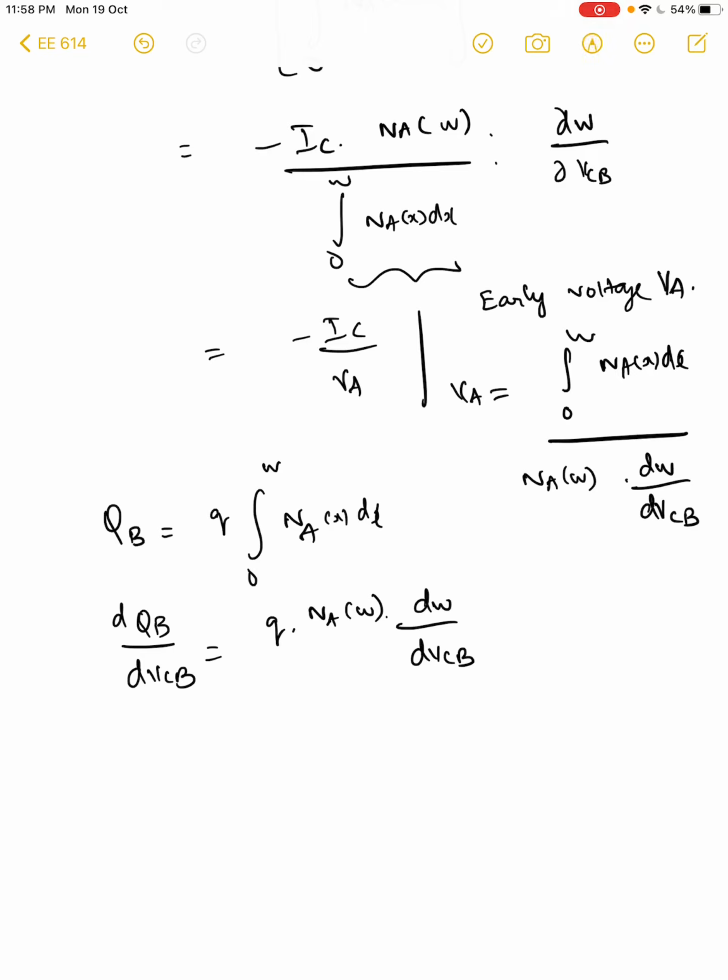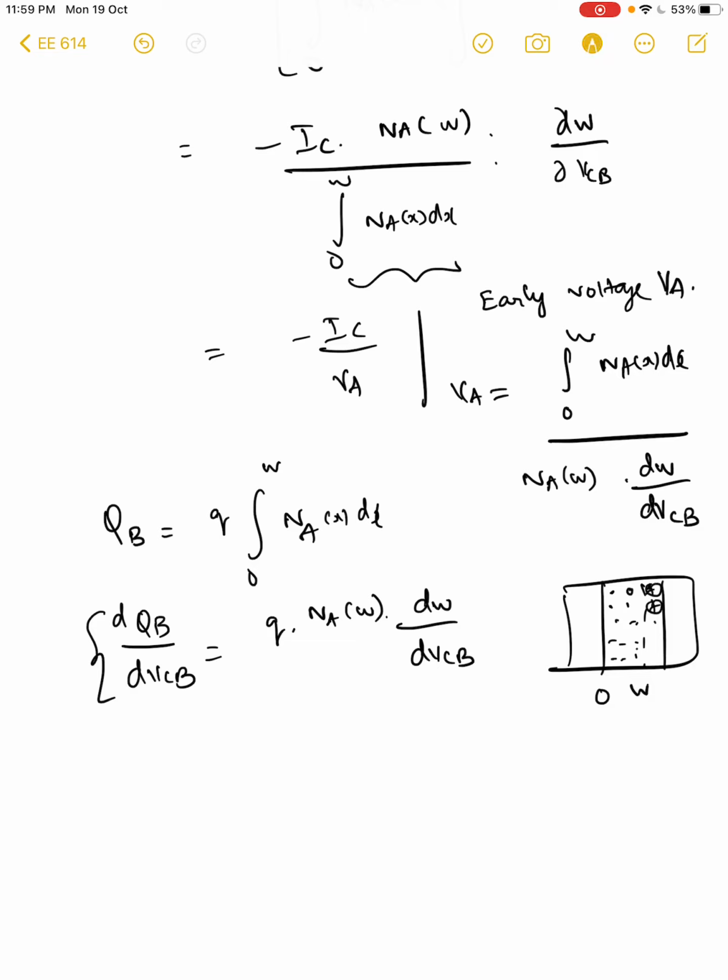Now this number is some capacitance, right? It's a change in some charge by change in the potential applied. Let's say this is the width, this is the base, and this is W, and Q is an integral of charge densities in this neutral region. But typical depletion capacitance, as we discussed, is the charge in the depletion width,